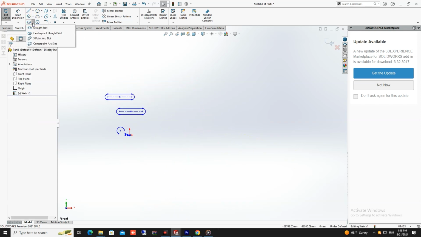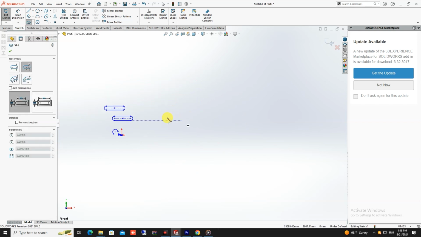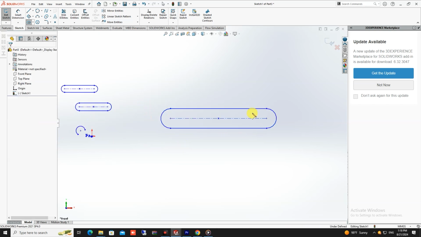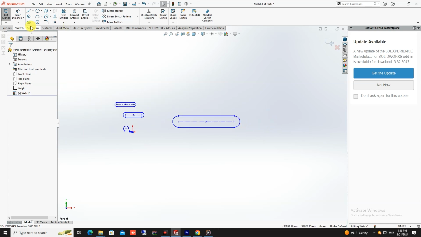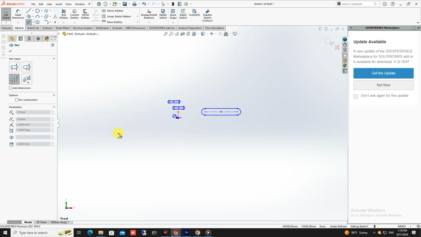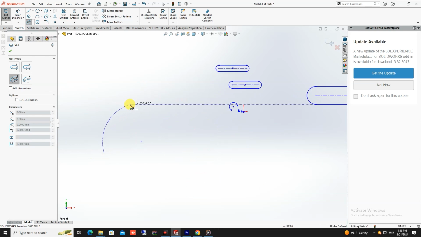The center point is straight slot. This is like this, but using these 2 points, as you can see, the center, this one, and the radius. The next one is 3 points arc slot. It is a kind of curved. As you can see, I press on the start and the end of the radius, and after 1 click,